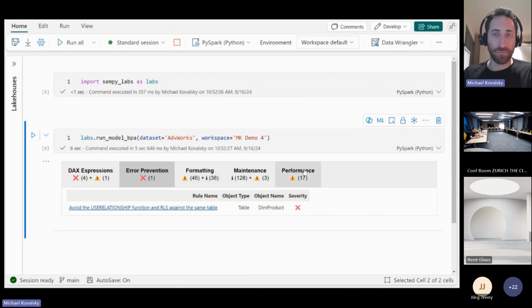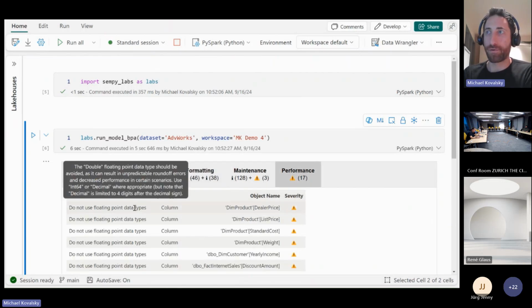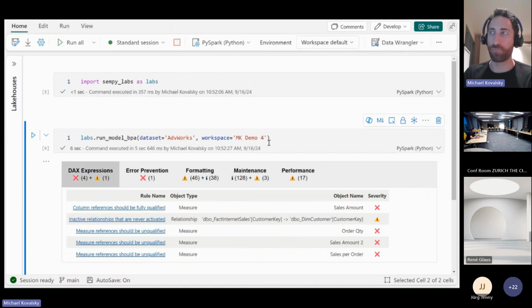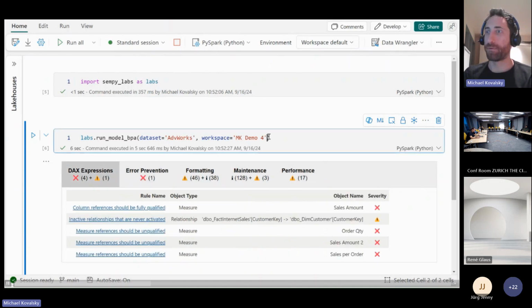So, for those of you who are currently using this in Tabular Editor, you're thinking, okay, but I already have this, so what's the point? Can we do something different? So the answer is yes. One thing that you have here is a parameter called extended. If you set that equal to true, it'll actually